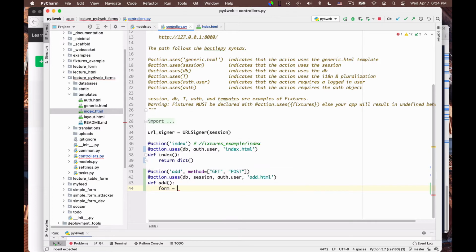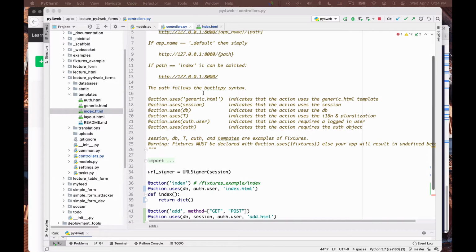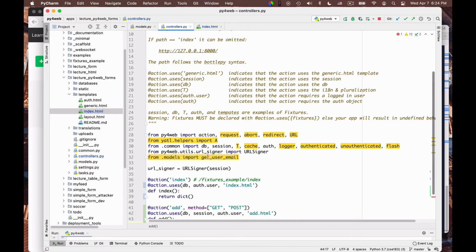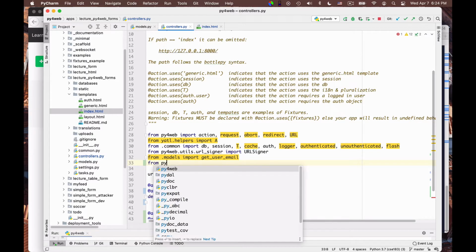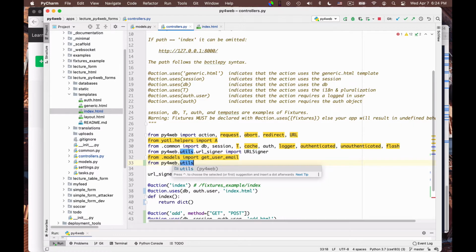Okay, and so I can write the following code. Actually, I can create a form. Sorry, lowercase. So this form I have to import from Py4Web. Py4Web has a form helper. Sorry, it's here that I have to put the import. So I write from py4web.utils.form import Form, and I also want to import FormStyleBulma that will be necessary to format the form in a nice way.